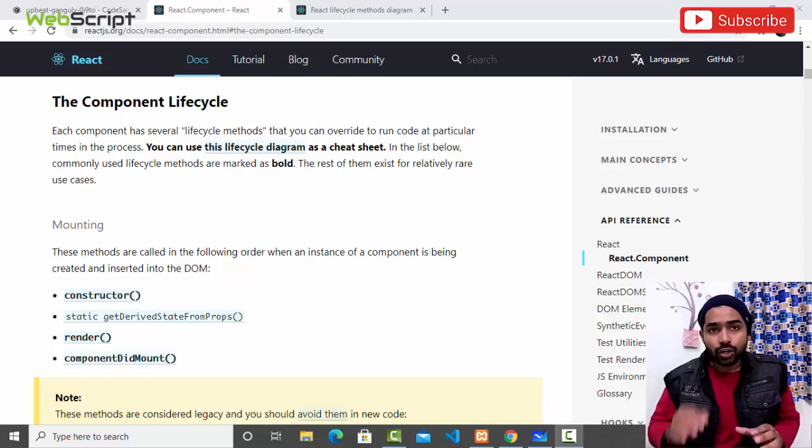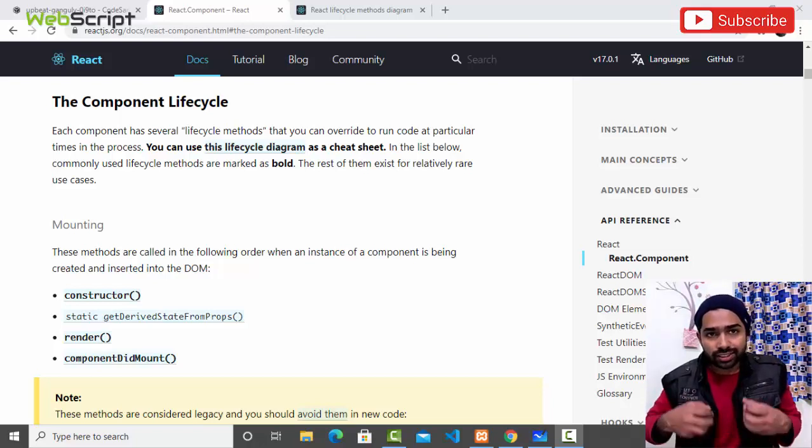Now you may have heard about React hooks, and with React hooks you can also have state and you don't need lifecycle methods. That's completely true. So in 2021, if you get a chance to implement a feature, then it's okay to use a functional component and use useState and useEffect to have the state, and you can update the state. But